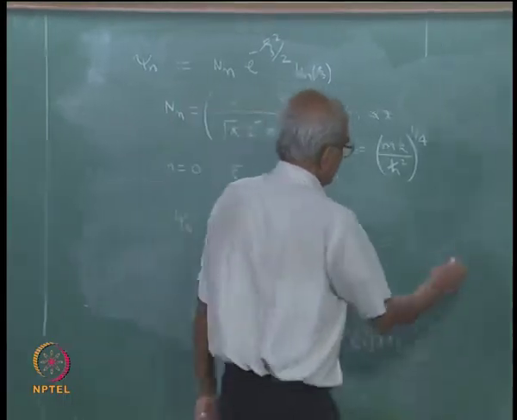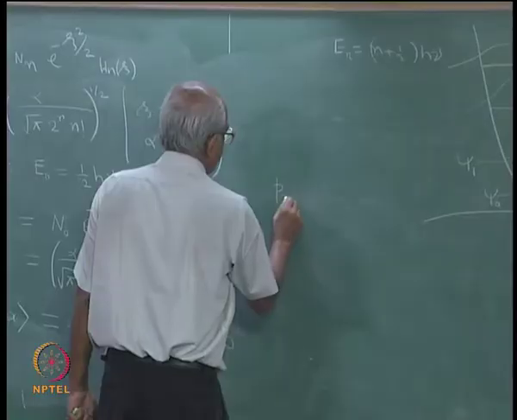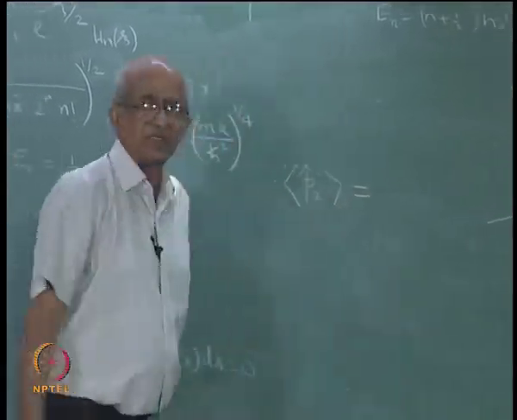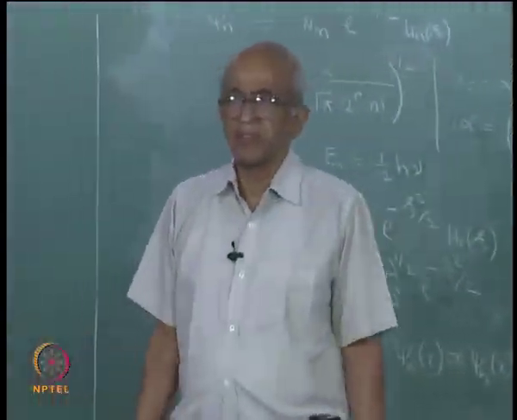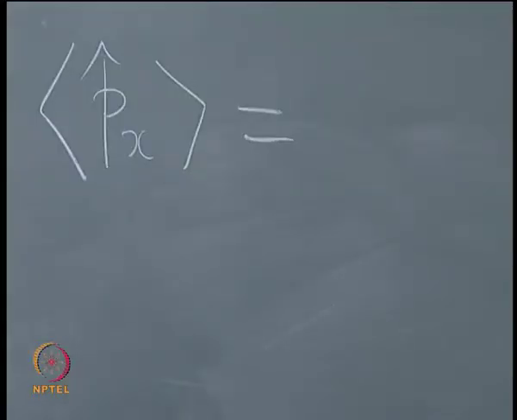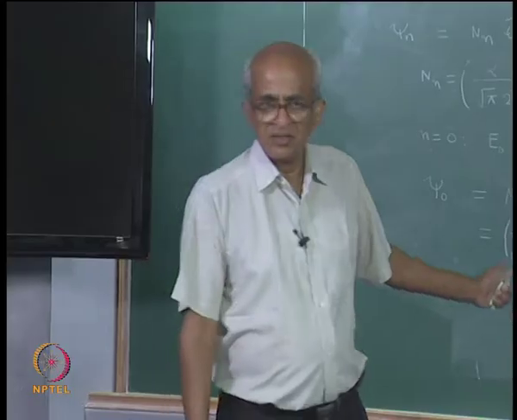Similarly, if I thought of Px, average value of Px, what would you expect? See that it is in the ground state, okay, and the particle, if you are measuring the momentum, maybe sometimes it will be moving in this direction, but it is not going to go away, it will come back. So, it will go back in the reverse direction sometimes. So, therefore, average value of momentum you would expect is 0.